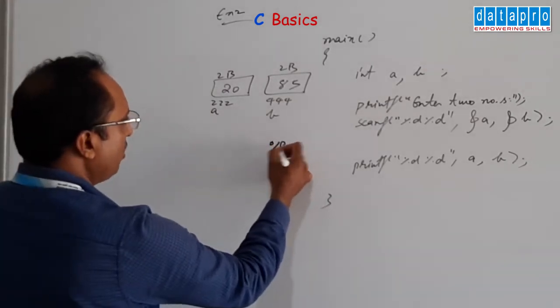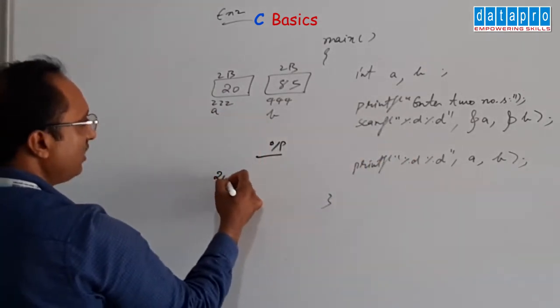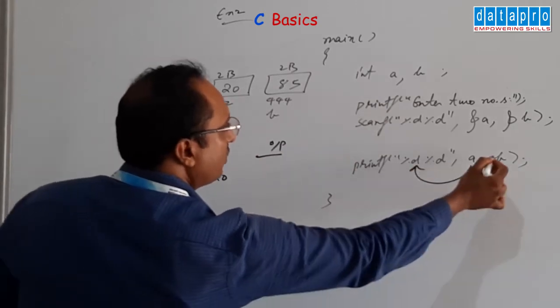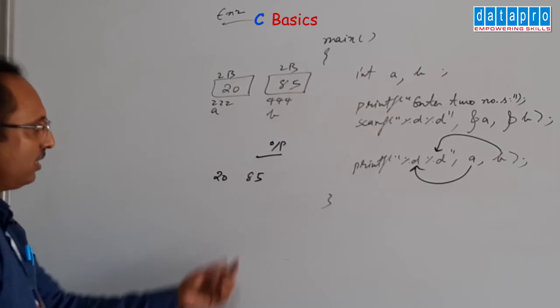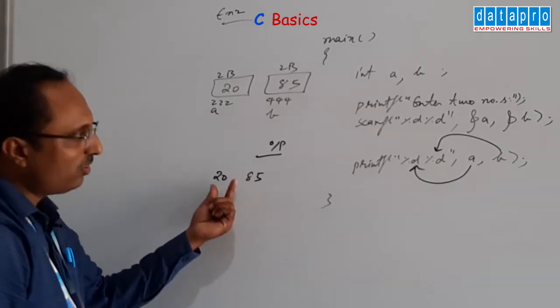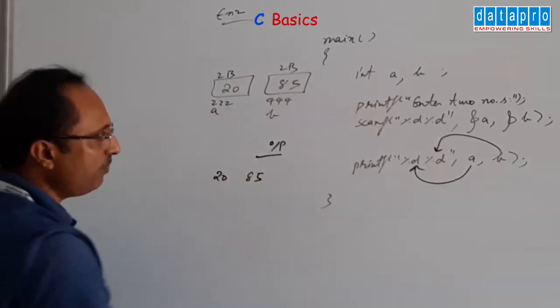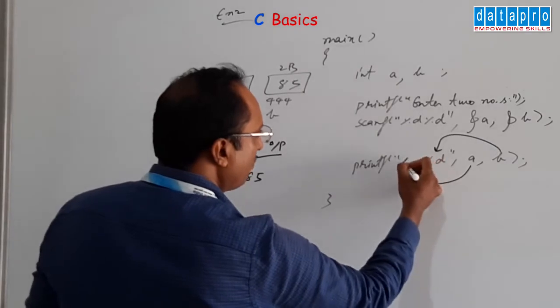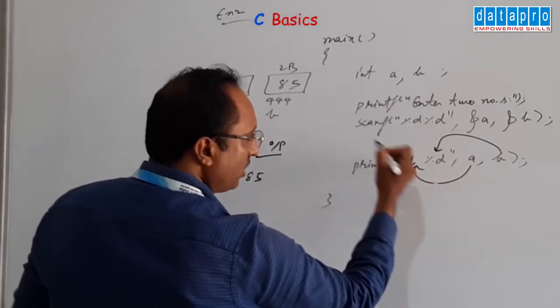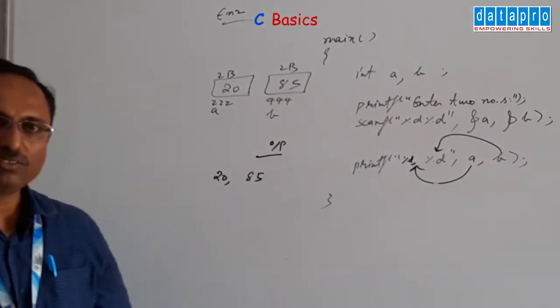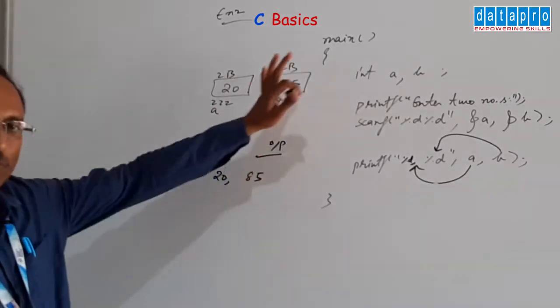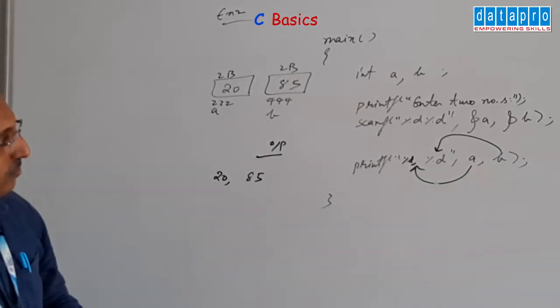So what happens? Output would be A is 20, then B value would be 85. But they would be displayed together. If you want some space and comma in between, just give a space and comma, otherwise they would be displayed together. %d, comma, space and the second value. I hope you understood this program as well.